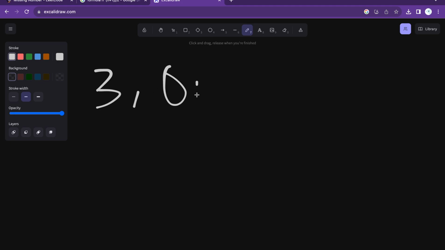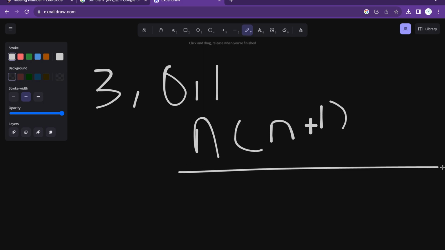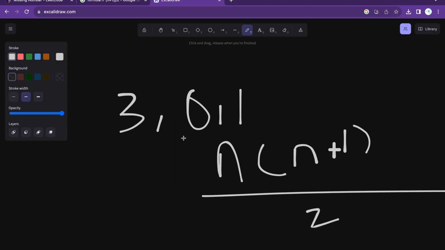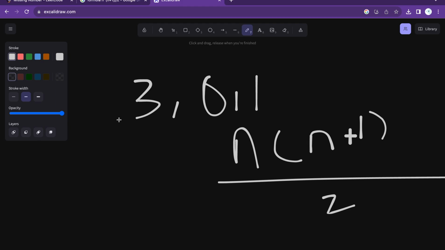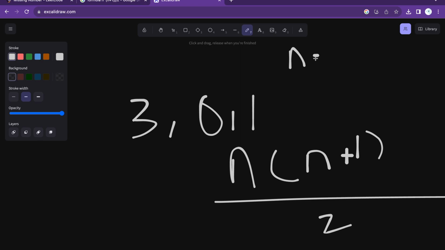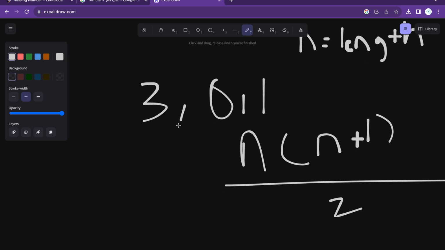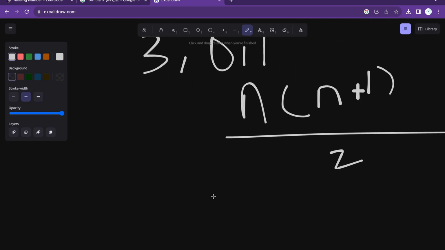We know the formula is n times n plus 1 divided by 2, right? If you're familiar with this formula, it's kind of self-intuitive, but n is the length of the whole array. So n is the length. You can see the length is 1, 2, 3. So n is 3 times 3 plus 1,